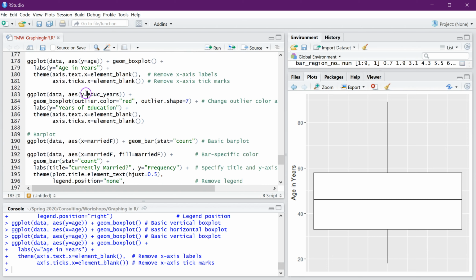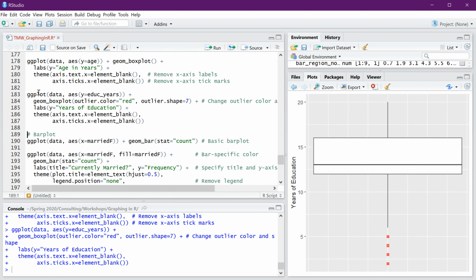And let's look at another example. So the education in years variable, if you recall, it did have outliers. It had some low-lying outliers that the age in years variable did not. So if we want to play around with how the outliers are shown, we can also do that. So we're changing the variable to y equals edu_years here. And then in the geom_boxplot portion, we're specifying outlier.color equals red. Again, you can play with the color. And outlier.shape equals 7. So there are a lot of different shapes. Feel free to play around with the numbers here and see what shapes they give you. And then the label is staying the same, and we're also getting rid of the text and the ticks on the x-axis. So running line 183,